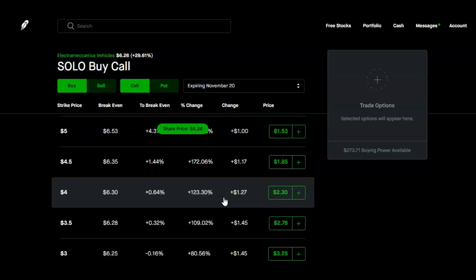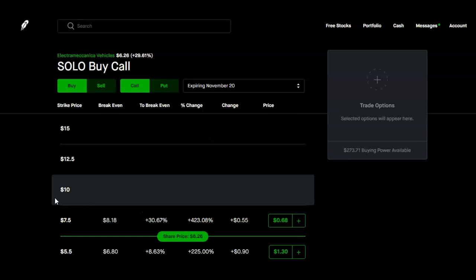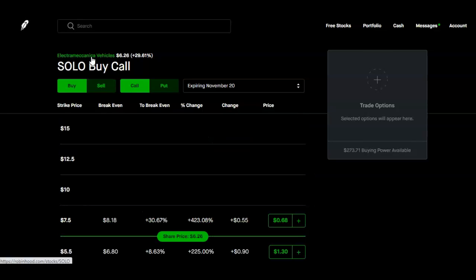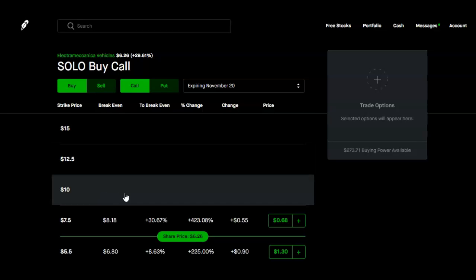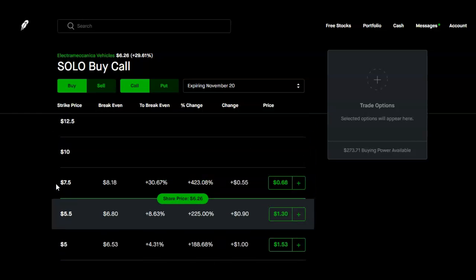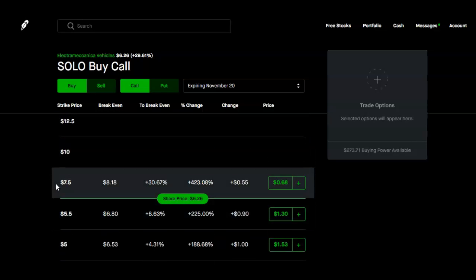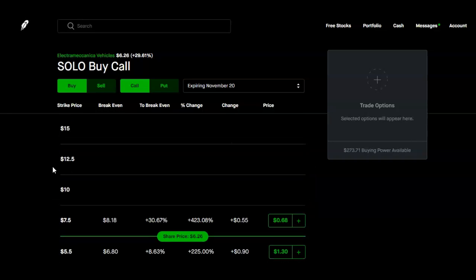So the reason why the price dropped is because the underlying stock went up high, and then the underlying stock dropped as well. So guys, remember the option is tied to the stock price. So what I like to do is, I don't like to be too greedy when I'm trading options. Obviously, I want to make as much money as possible, but I'm not trying to time the highest price to